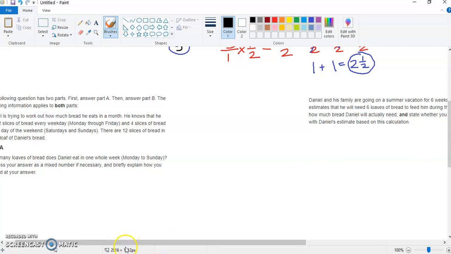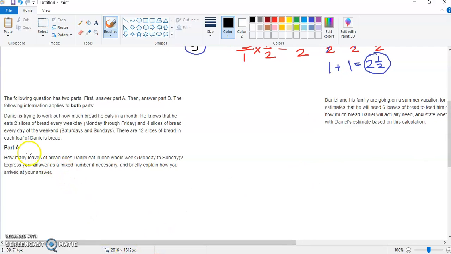So this next one is about a young person trying to eat bread every day of the week. Daniel here, he knows he eats 2 slices of bread every weekday, Monday to Friday. So we know that Monday to Friday is the same thing as 5 days, right? So 2 slices of bread for 5 days. 2 times 5 is 10, so that's 10 slices of bread